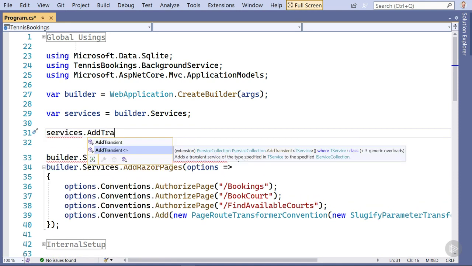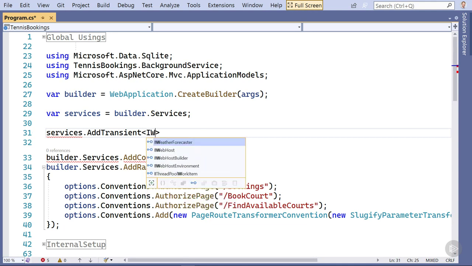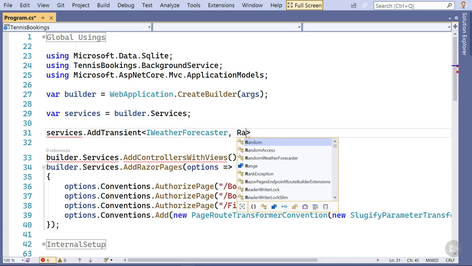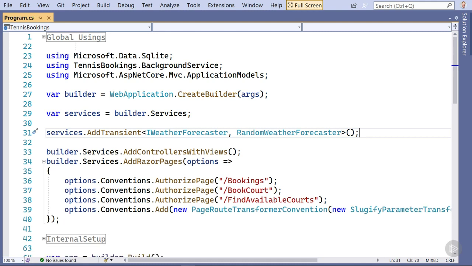Let's register a service for the IWeatherForecaster interface. This is the type that we added to the IndexModel constructor parameters. The implementation type in this case is going to be the concrete RandomWeatherForecaster type. The container will attempt to create and return an instance of this type when resolving a request for the IWeatherForecaster service type. This single line is all that's required to register a service, so we can go ahead and